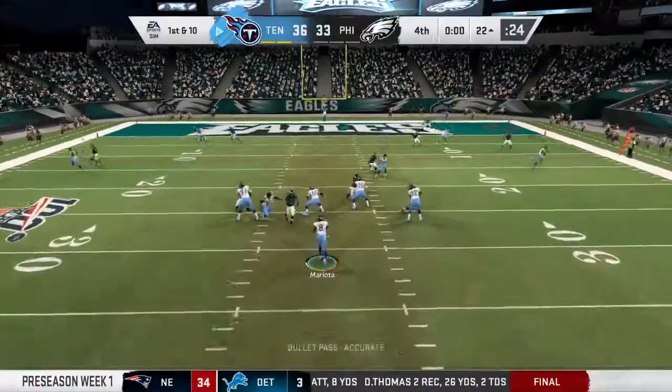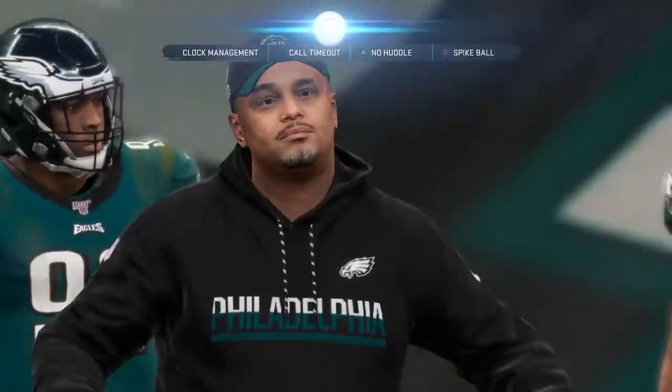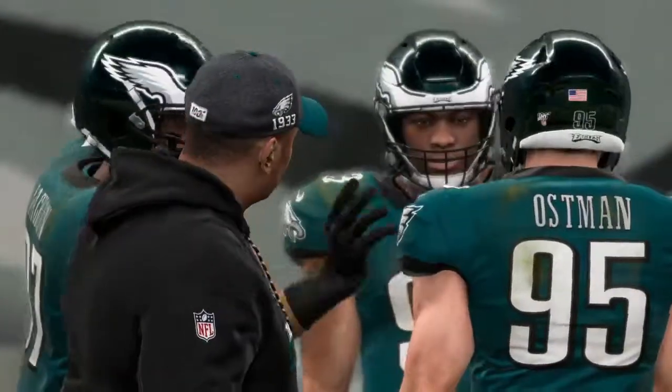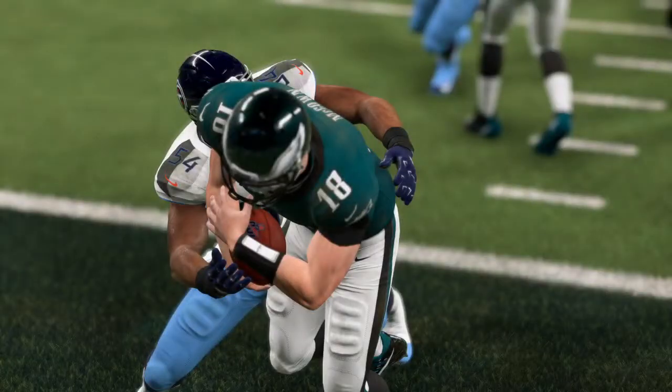Mariota. And that's going to be incomplete. Too tough to hold on to that one. It's 2nd down. So this one, a Tennessee Titan victory. And I tell you, this was a fun one. Just a close game. Nothing comes easy in this league, as you know. They had to